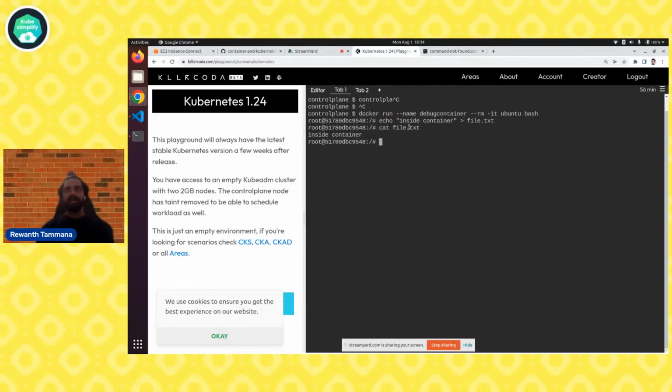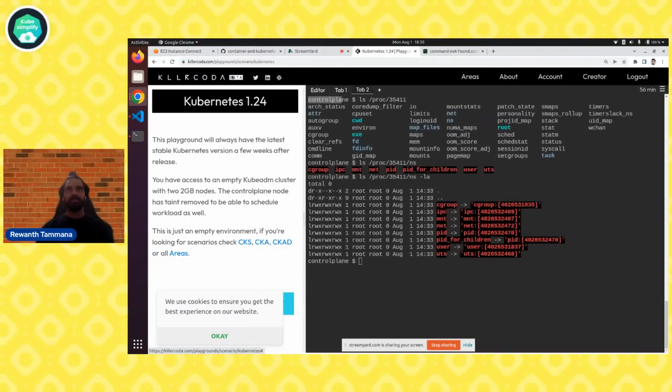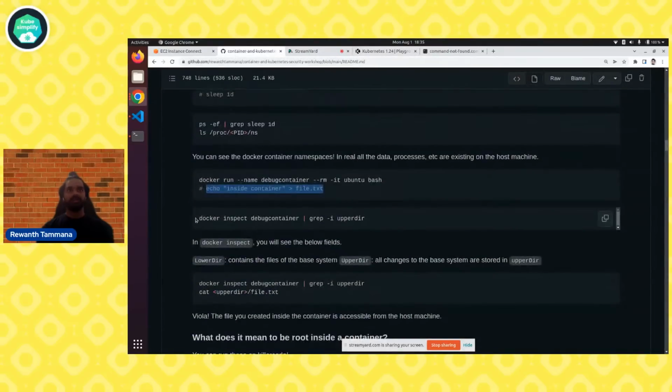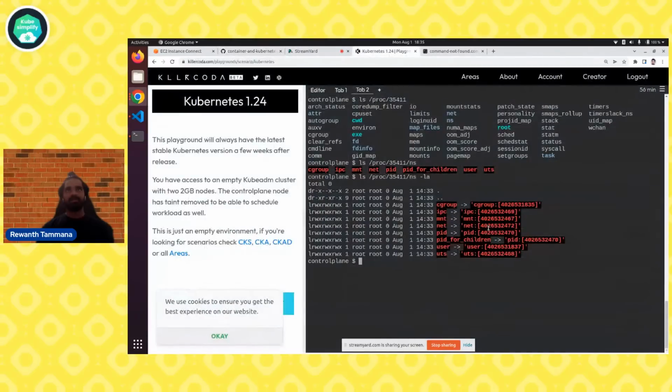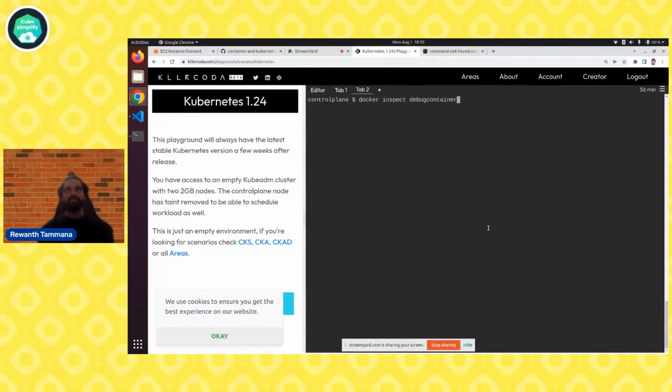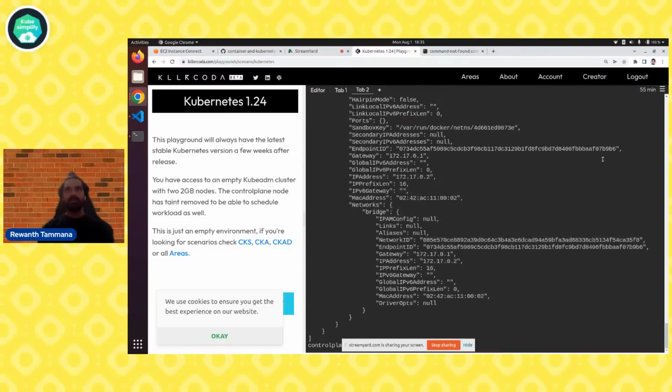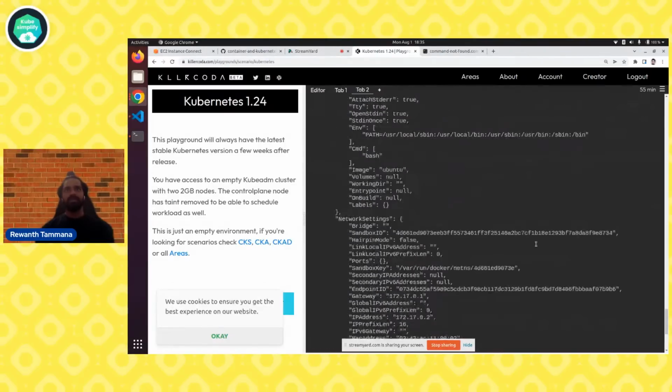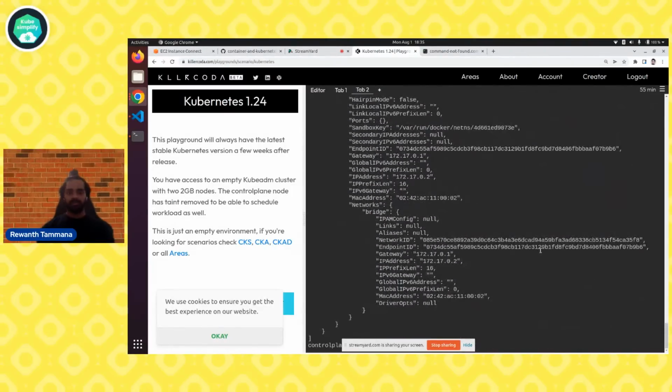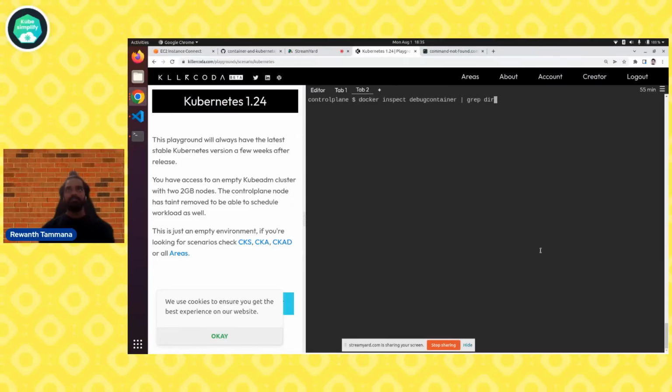If you see, we are inside the container. And now let's try to access this file from the host machine. So how can you do that? So first thing is, there is a command called docker inspect that will list you all the information related to a container. And if you do docker ps, we have already given the name as debug container. So we'll just use the same docker inspect, and then you'll get multiple details. Let's not worry about all of them. So what I will do is I'll grep for